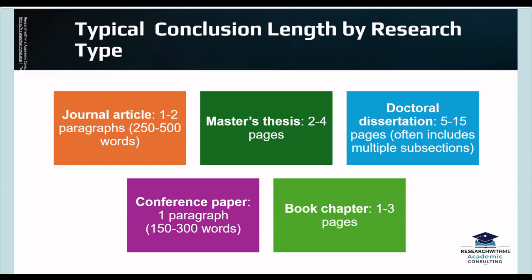Because in many cases, you would have to create sections for each of your hypotheses. I'm aware of institutions that do that, and I think I did that in my PhD. So you will have to bring to bear each research question and how you were able to respond to the so what question. Then, if it's a conference paper, 1 paragraph is okay, between 150 and 300 words.